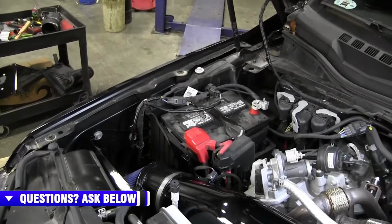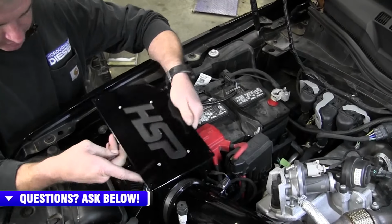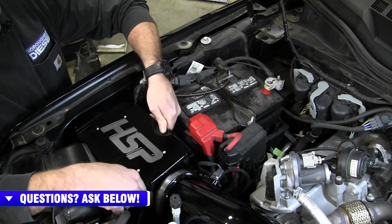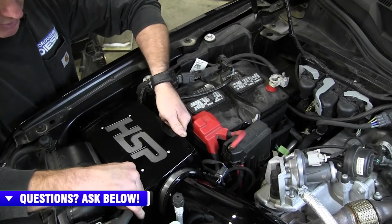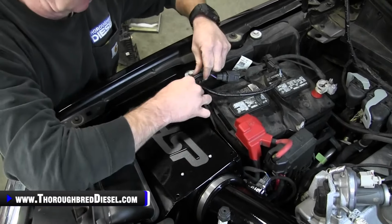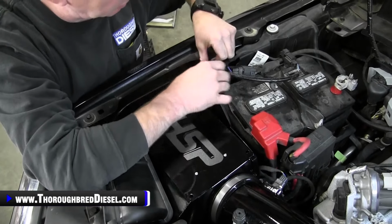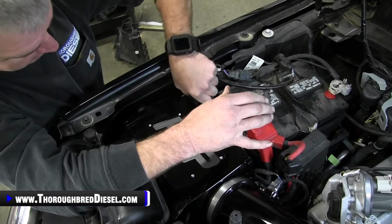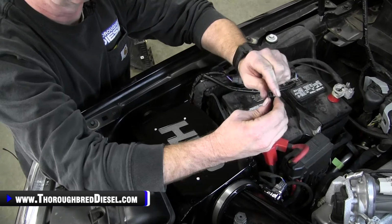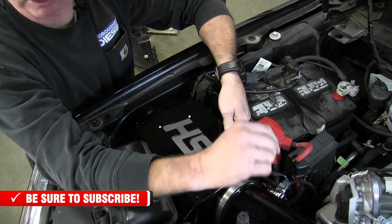Alrighty, so last step here for the air intake is to go ahead and put our lid on. And your lid, the form of the lid is going to go on the outside of the box here, and that's just going to hold our air intake in and just be another securing point through the box as well. You're going to want to make sure that you keep this wiring harness out of the way, and then inside of the bag where your clamps were for the air intake kit, you are going to find some plastic push